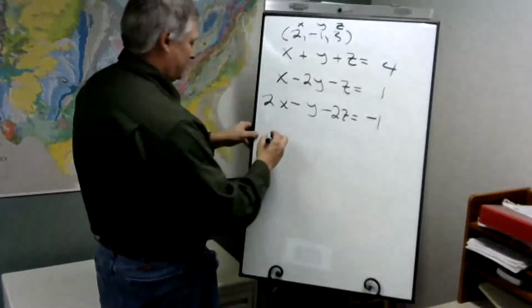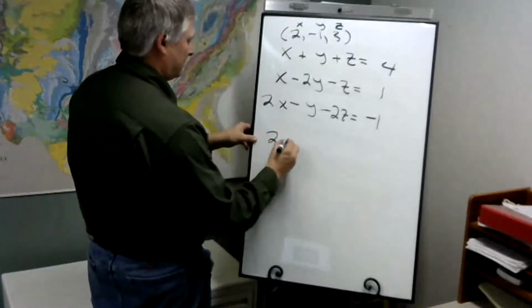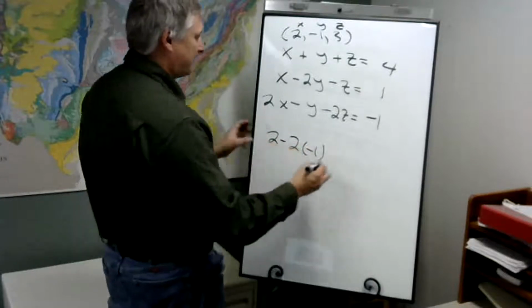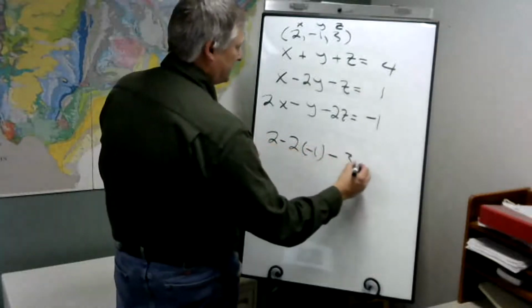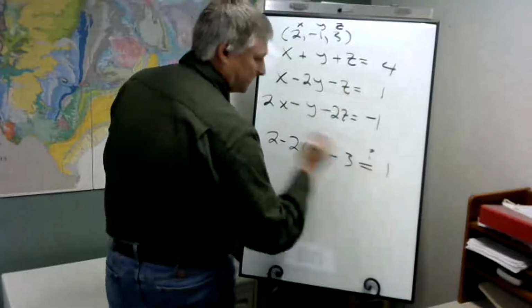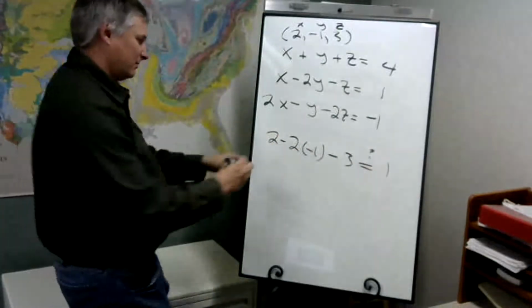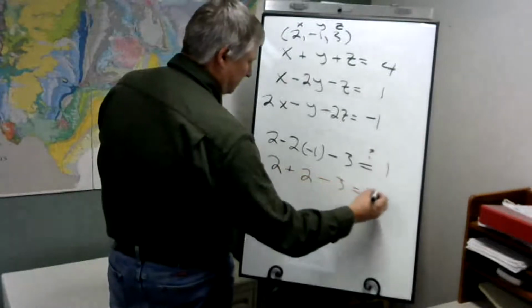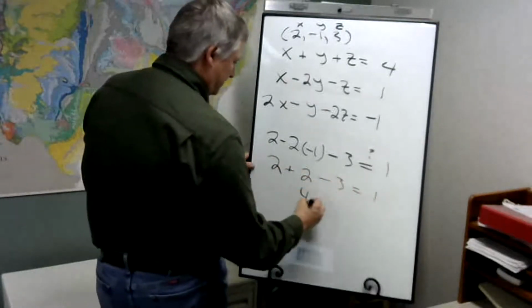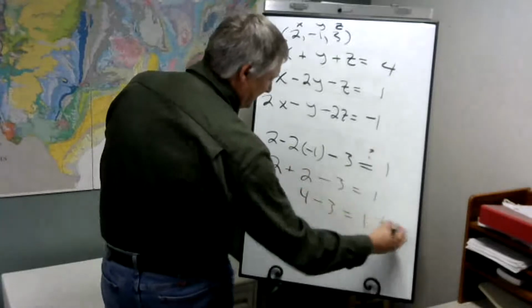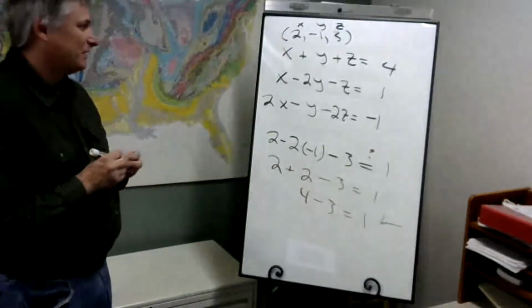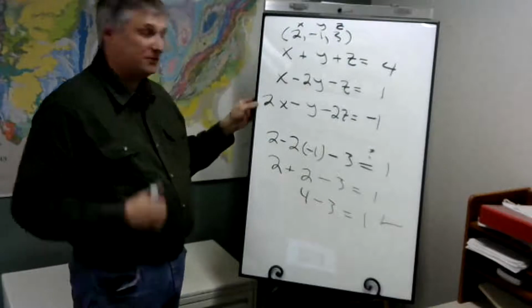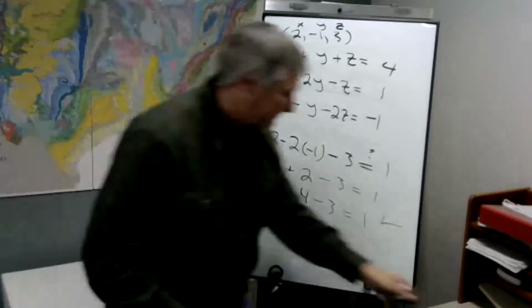So for this one, there's x, there's y, and there's z. Does this equal 1? Or does 2 plus 2 minus 3 equal 1? Or does 4 minus 3 equal 1? And it does. So far, this point works for these 2 equations. It doesn't work for the last one, well,